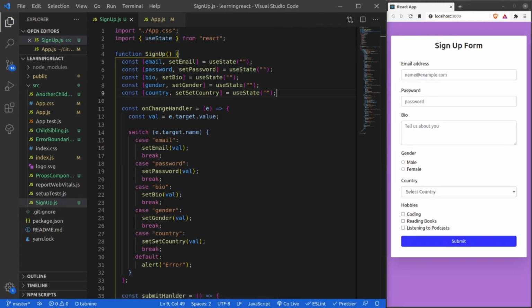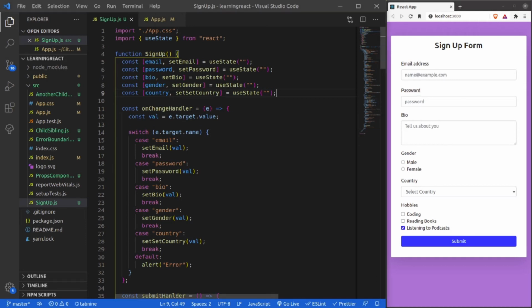So if I am clicking on coding, it will push the value of coding in my hobbies array. Similarly, if I am checking listening to podcasts, then it will push listening to podcast into my array. Similarly, if I am unchecking the value, it should remove the value from my array.